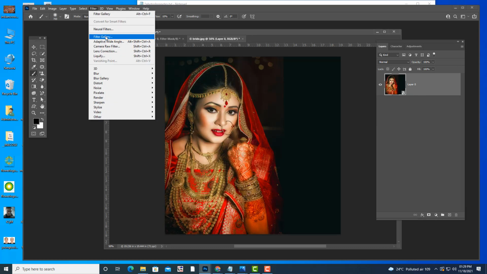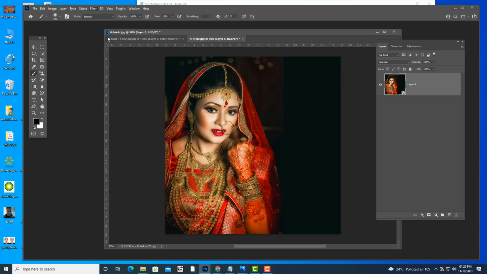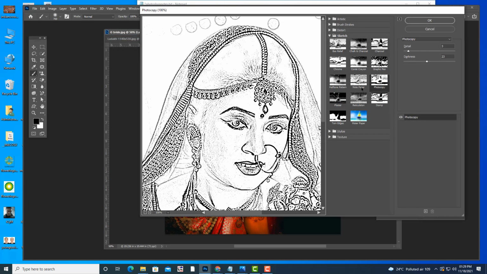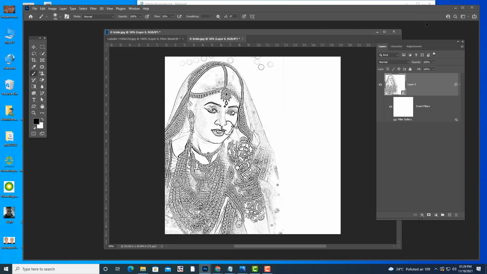We can simply increase the brush size, and then simply paint like this. If you do it for the second time, it will become more dark.